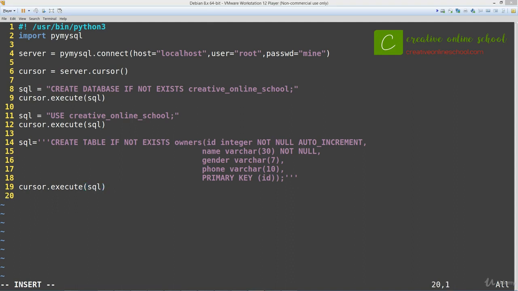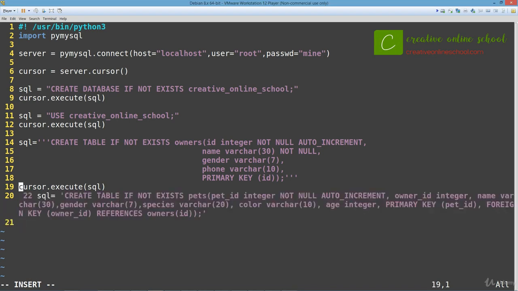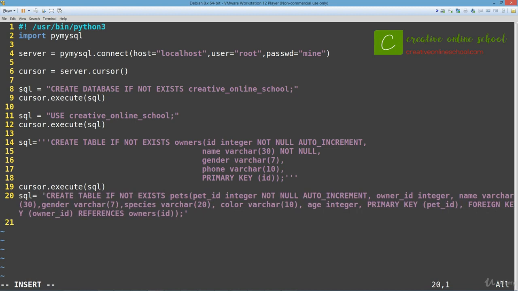And then I've already got the next information copied down, so I'm just going to go ahead and copy that over for the next table so that we save some time. Okay, so then we just do cursor.execute SQL, and we can